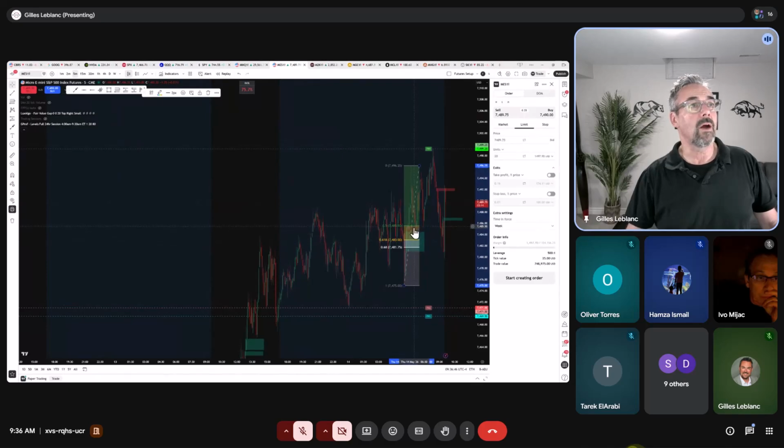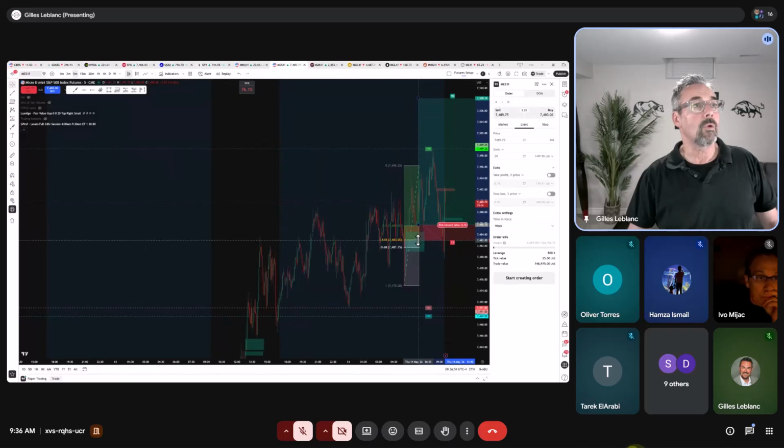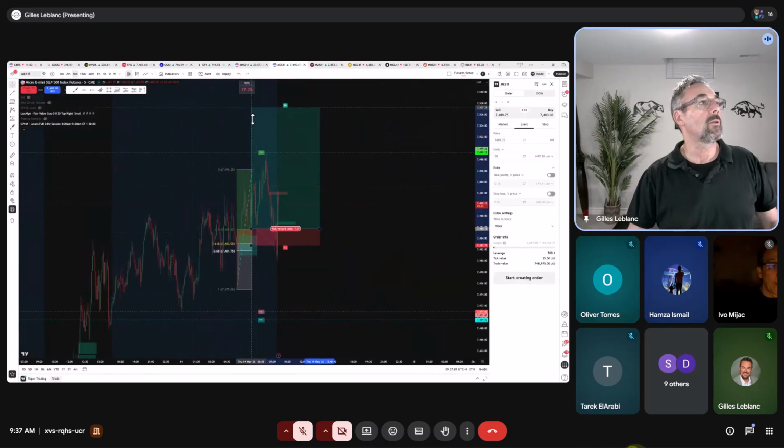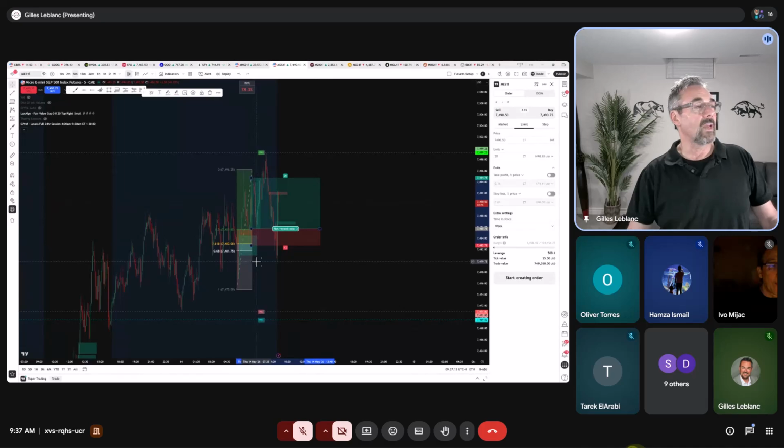Entry would have been on a limit entry at the 50. Let's put it in here. And stop would have been just below 61.8. Right, this 61.8 over here, and that would have been the entry, and we'd be looking at the possibility of making 3R, and that was met over here. So again, that's what I look for.